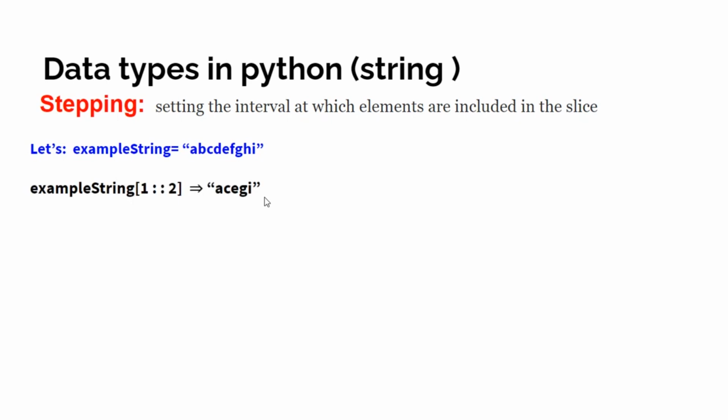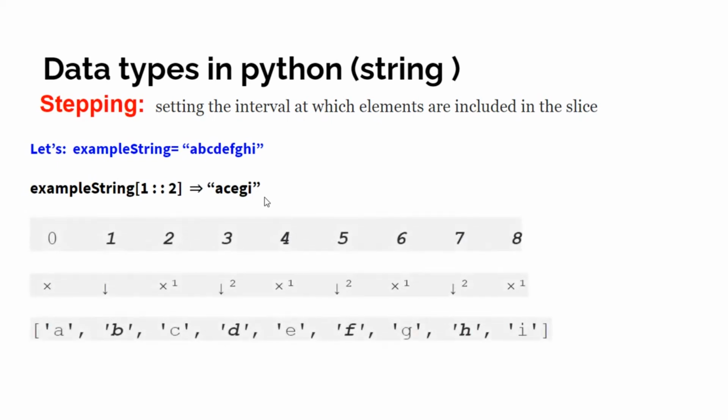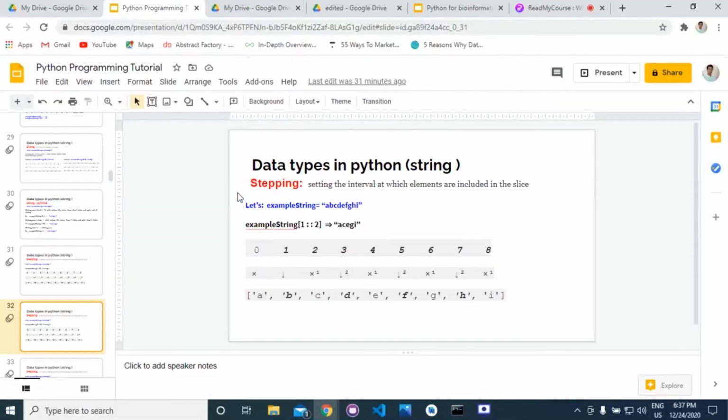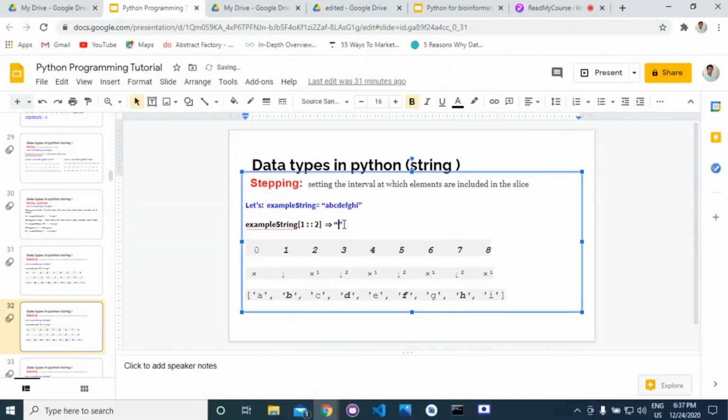Again, if you pass the start element, suppose we pass the start element as 1, then we will count from here. The first element is B, and then we will skip this, and then we will get D, then skip this, then we get F, then skip this, then we get H. So the value in this case will be B, D, F, H. Okay, the earlier one was incorrect.